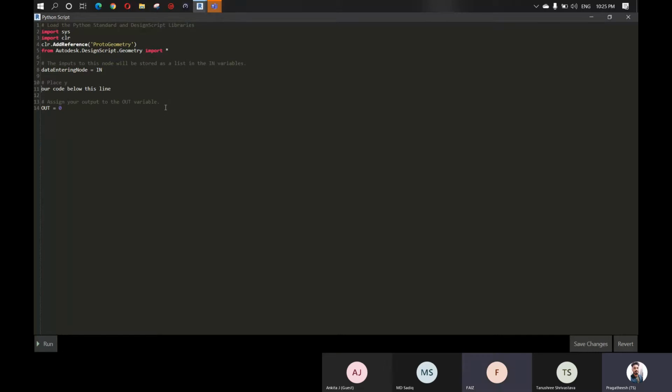Which one is easier? Easier depends on the work. Let's say you are working with a very complex geometry; in some cases you cannot even do some things easily with nodes. In those cases you will use Python. Here you can delete all the default things and type whatever you want, for example creating a line by start point and end point, or a point by coordinates. Basically you can do the Python scripting. If you know the basics of Python, you can do everything here.